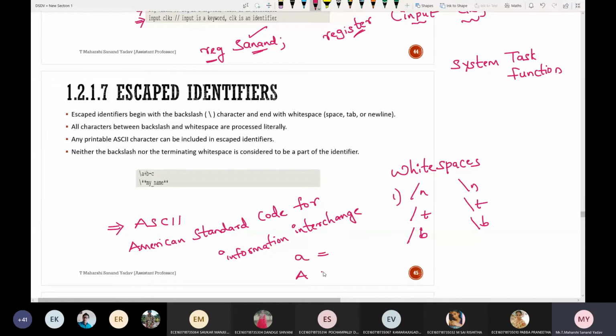What is the difference between small a and capital A in terms of ASCII? Small a is 97, capital A is 65. If it goes to capital B it means 66 and it keeps on continuing. Just remember only these first two values so that you can easily decode. So ASCII means American Standard Code for Information Interchange, and escaped identifiers are something which start with a backward slash.